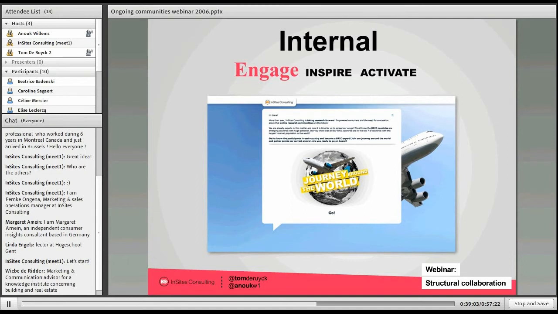When it comes to engage, what we sometimes do is before the actual workshop, we ask all the people who will be present, the internal stakeholders, the internal clients of our client, to play an online game, a little quiz about the key insights, about the key learnings that we had. What happens? It's a quiz of, most of the time, 10 questions, and they play the quiz, and immediately after they have given an answer, they see if they were right or wrong. And it's not we who tell them that they were right or wrong, but it's a consumer who tells them that they were right or wrong.